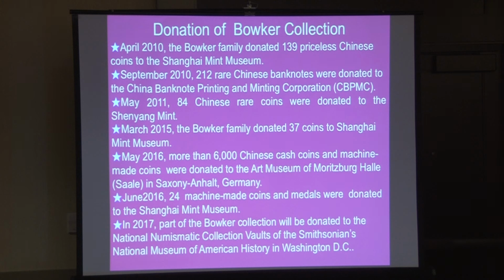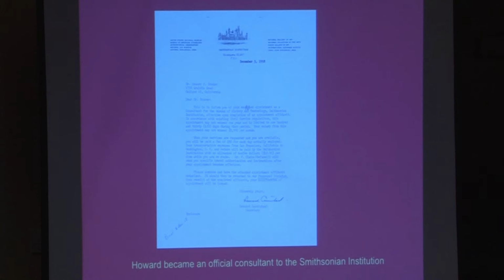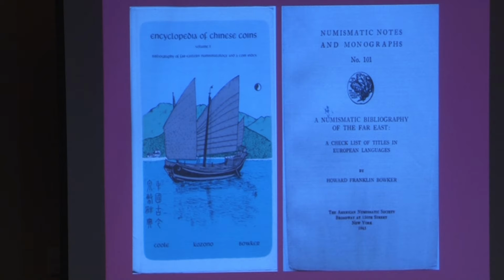And basically, this is the letter appointing him as a consultant to the Smithsonian, and when he was there, he curated the famous Glover collection, which was donated to the Smithsonian in the late 1800s. It was actually the foundation of the national collection at that time. And then we have a couple books that he did, and these are quite rare now, and we would like to